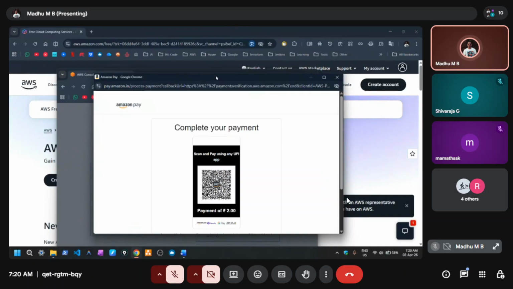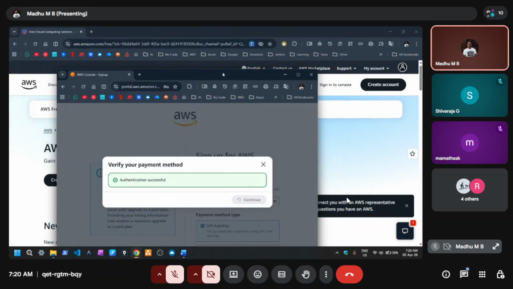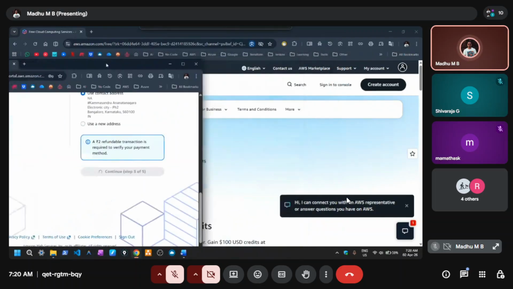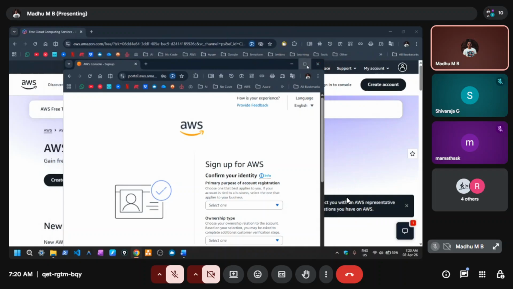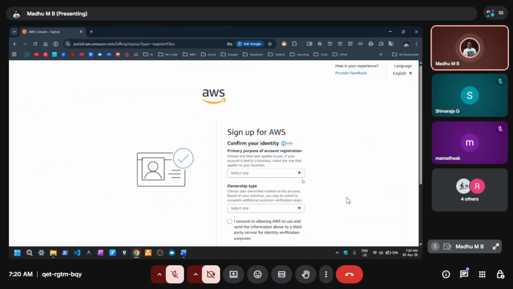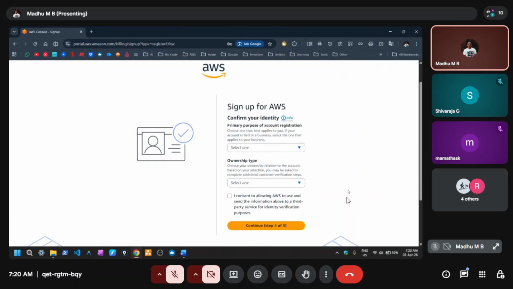There was an error. Yeah. So I think now it has completed the payment. Okay. Initially it will ask for a 2 rupees debit to confirm your account. Okay. Once that is done, what you have to do is